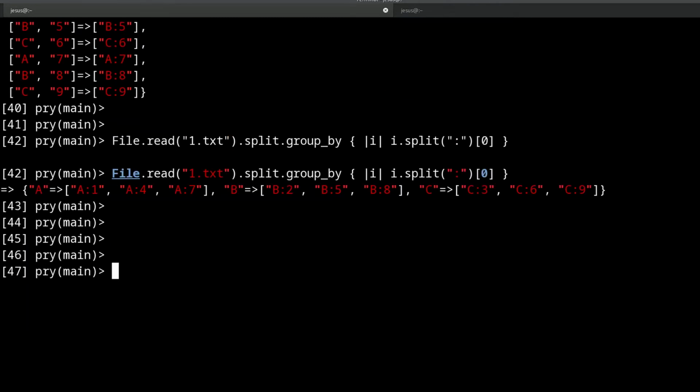Okay, so let's go back. Use of proc and lambda in Ruby. Okay, before I answer that,